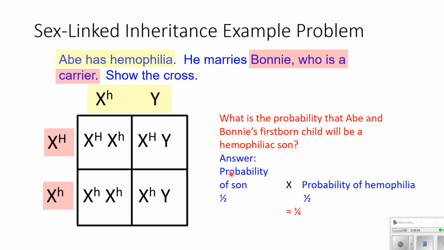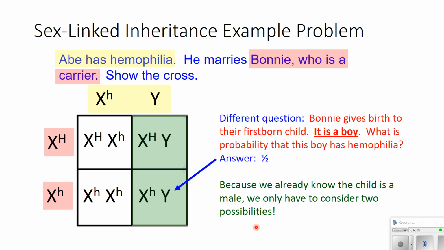So the probability that their firstborn child will be a hemophiliac son is 1 out of 4. So it's the probability of having a son, instead of a daughter, which is 1 out of 2 chance, times the probability of the child having hemophilia, which is also a 1 out of 2 chance. So if you multiply, rule of multiplication, you multiply those two 1/2, you get 1/4. Hemophiliac son is a 1 out of 4 probability. Now,